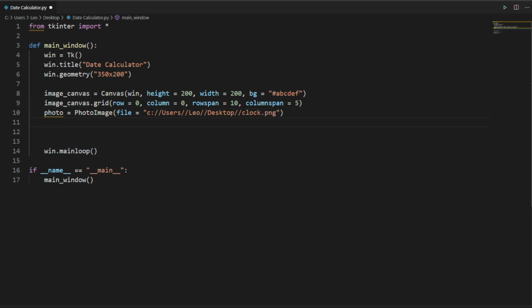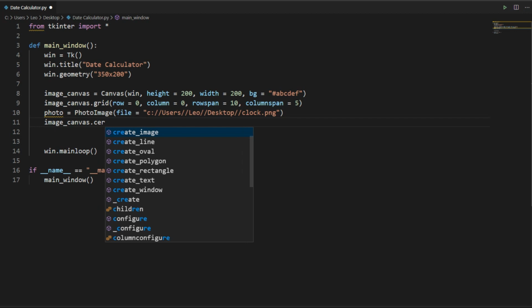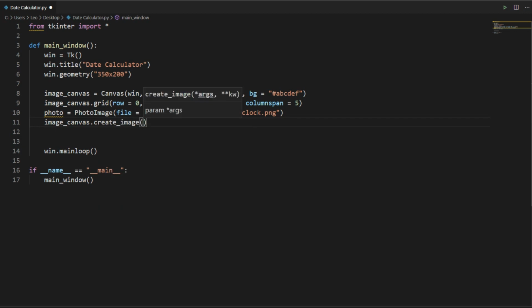Okay, now let's add this photo to our image canvas. Image canvas dot create image, and we need to start our image from the top left, so we'll write 0, 0 over here. It means start from x0 and y0 from the top left, and then we need to pass our image over here.